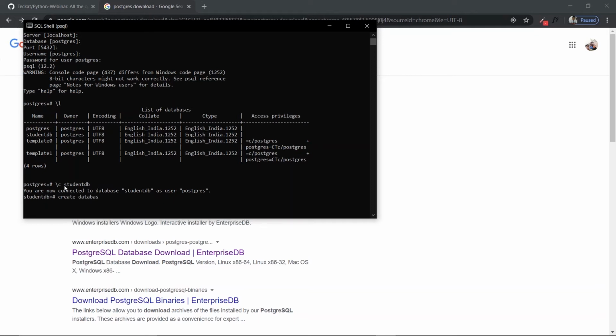Create database, and then the database name, for example webinar db, and then we terminate it with a semicolon. After that, it will show that we have created a database named webinar db.